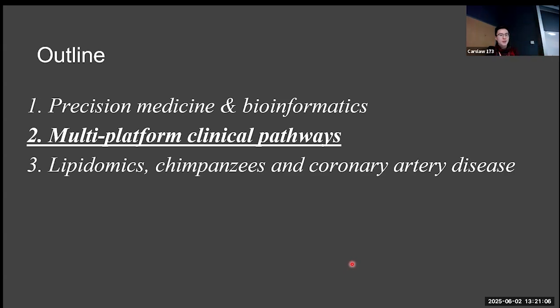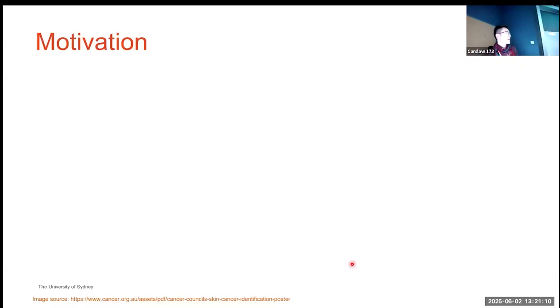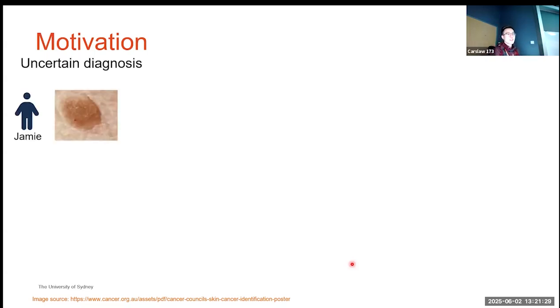So for the multi-platform clinical pathways, to motivate this idea, let's imagine that you're a doctor. So let's say you're a skin doctor, and you have patients that come in with a spot on their skin, and they want to check, is it cancerous or not? Okay. So let's say you have a patient called Jamie who walks in,